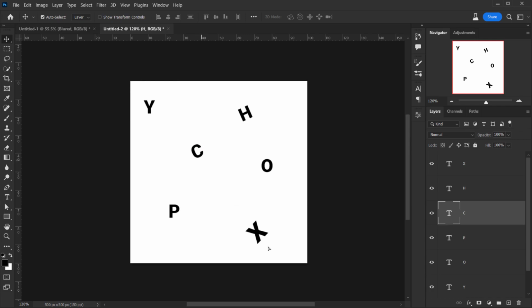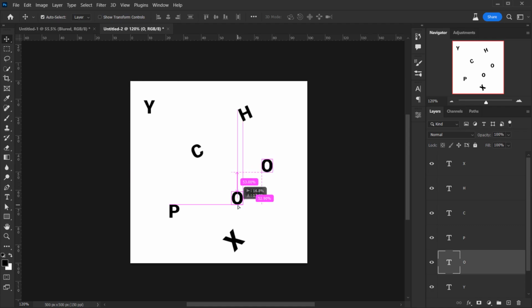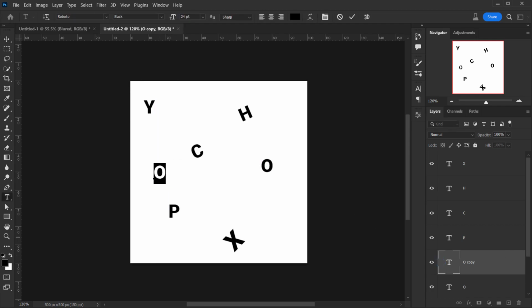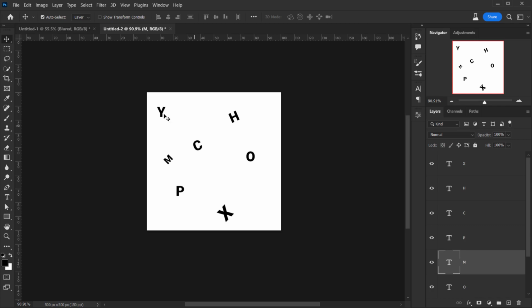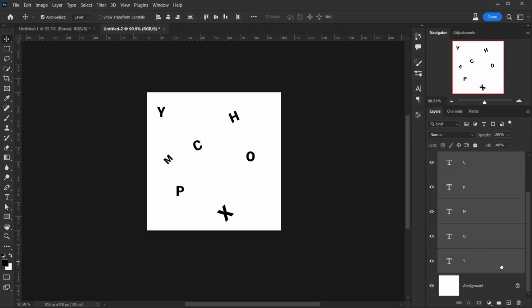I mean, you need to be more creative with this if you want, but for this tutorial I think I will just do it quickly. Yeah, let's actually create one more M and make it a little bit smaller, rotate it, and I think this will be fine for this image. So I'm just gonna select all these layers in here by selecting the first one and pressing Shift and go to the last one, which is Y, and then I'm gonna press Ctrl/Command E to merge all of